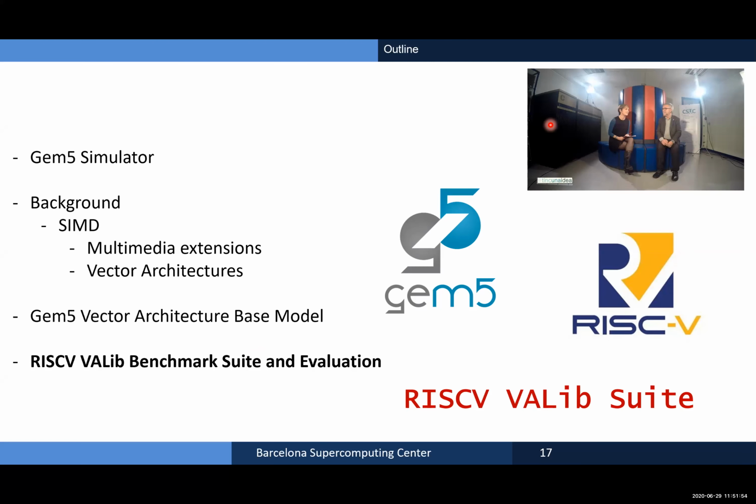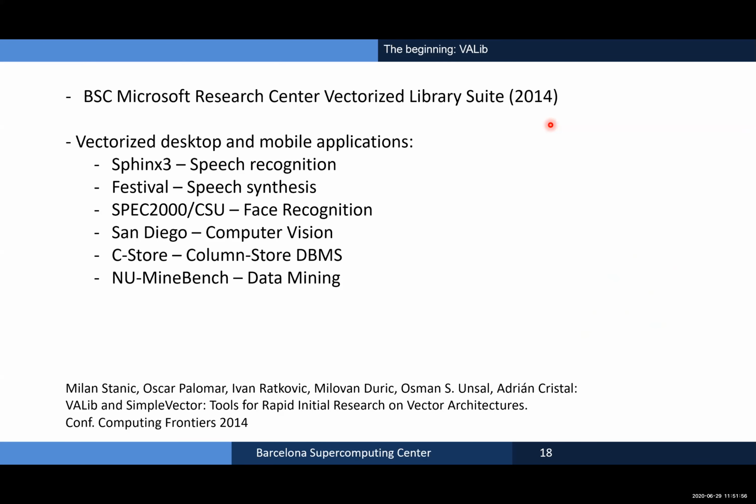Next slide, please. In the beginning, we had a previous vectorized library suite that was targeted more for desktop and mobile applications, in this case non-HPC-like vectorized applications.